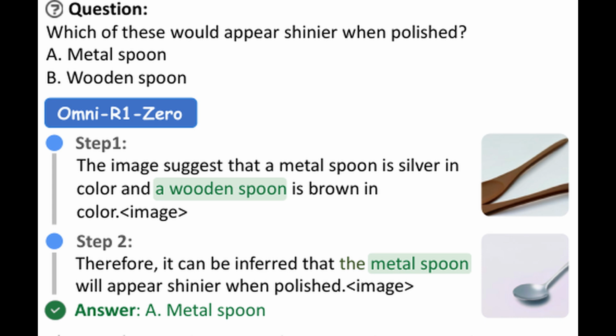Which of these would appear shinier when polished? A. Metal spoon, or B. Wooden spoon? And you can see how Omni-R1 handles this with generated images at each step of reasoning. In step 1, it generates an image showing both types of spoons and notes their colors. Then, in step 2, it generates another image highlighting the metal spoon and explains why it would be shinier when